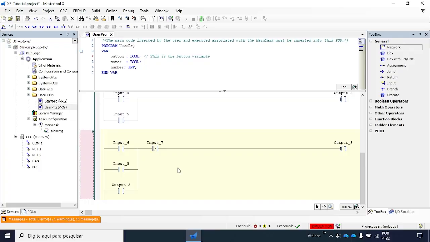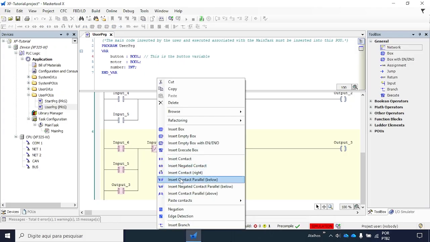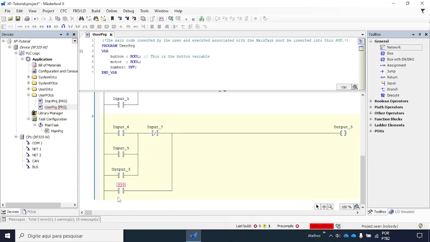And another cool thing about Master Tool is, say for example, you want to put one single contact in parallel with both input 6 and input 7. All you have to do is hold Shift and then select input 7 and input 6, then right click it and select Insert Contact Parallel below. As you can see, Master Tool added a contact in parallel with both of these contacts right here that I've